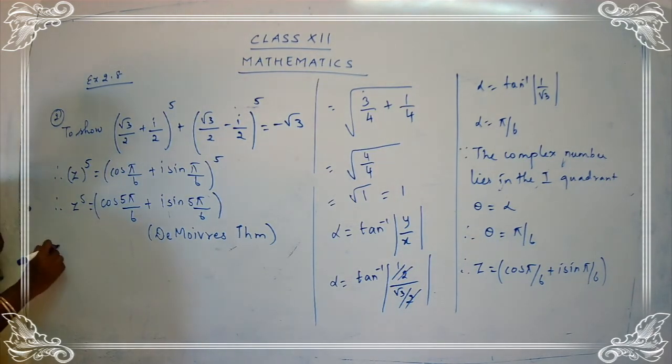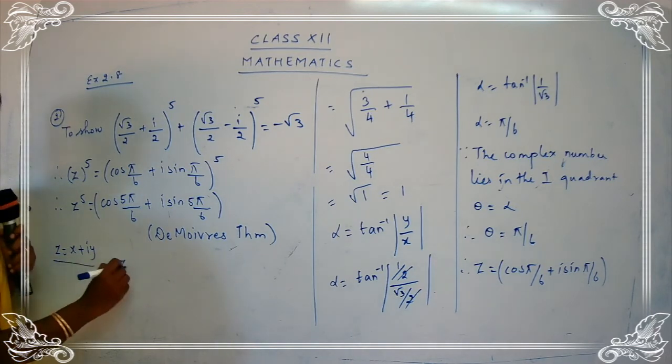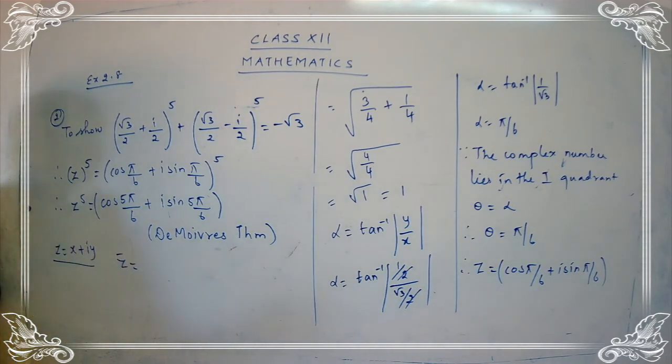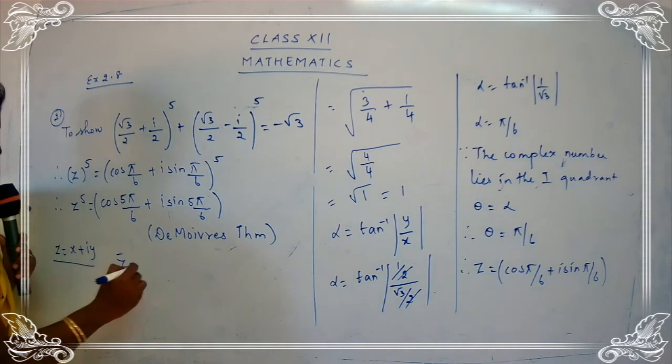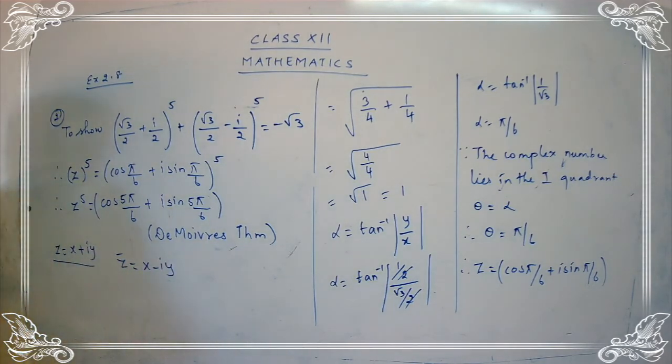Now here, just observe the question carefully. If you get z is equal to x plus iy, just think of the complex number z as x plus iy. If I tell you to find the conjugate of z, how do you find it? Conjugate means you have to change the sign of the imaginary part. This we have already done, yes children? So just refresh it. The conjugate is obtained by changing the sign of the imaginary part. That means I get the conjugate as x minus iy. Are you clear? So we got the value for z bar as x minus iy.